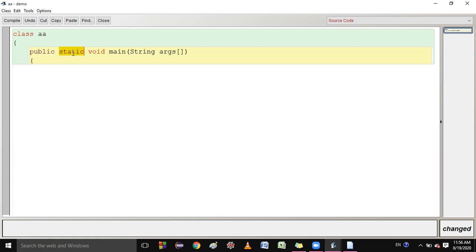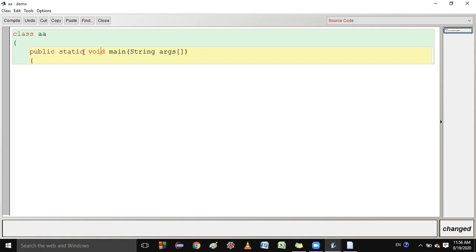This class is the very beginning class of Java coding, so I do not want to create any confusion in front of you. So in today's lecture you will just remember like this: public static, then after that void.